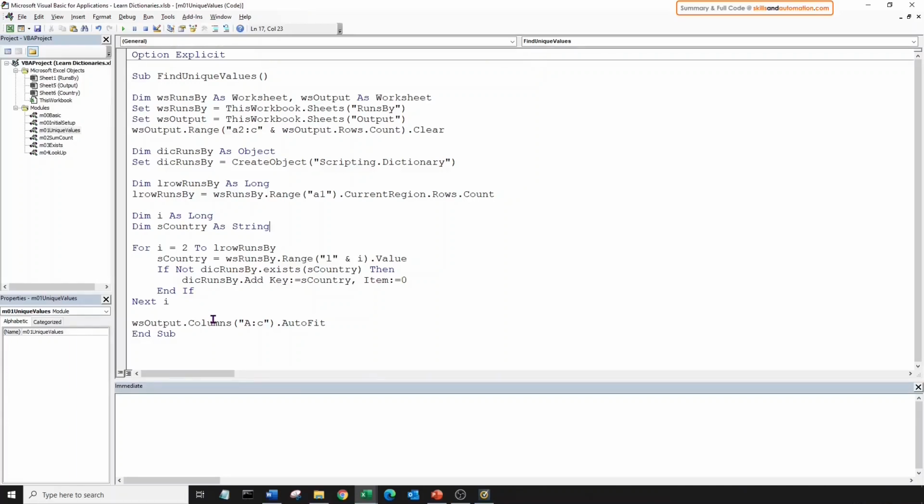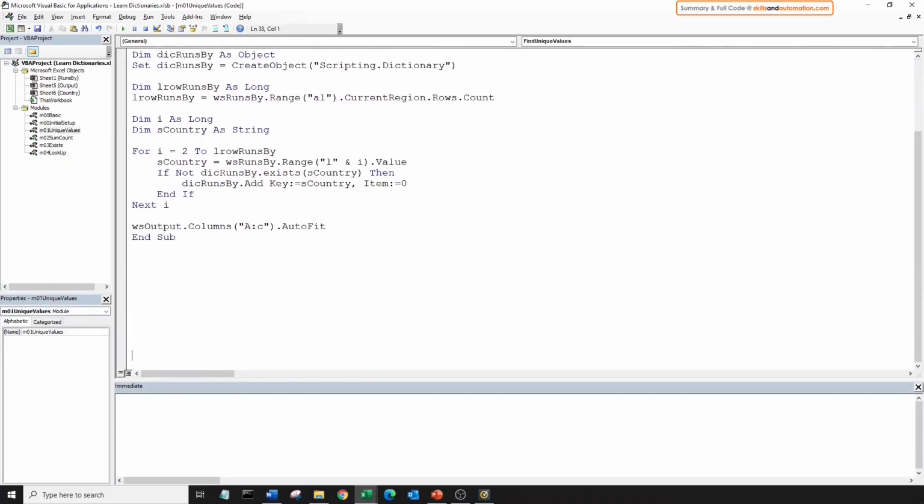Now, once the loop is run, the dictionary will get populated with unique country names. Let's paste the results into our output sheet. So let's create the loop for printing out the dictionary keys. Add in some space here. So this is our loop for pasting the values from the dictionary. And we just want to paste in the keys in column A in the output sheet in the second row onwards, which is I plus 2, because I starts from 0. So in column A, and the row is I plus 2.